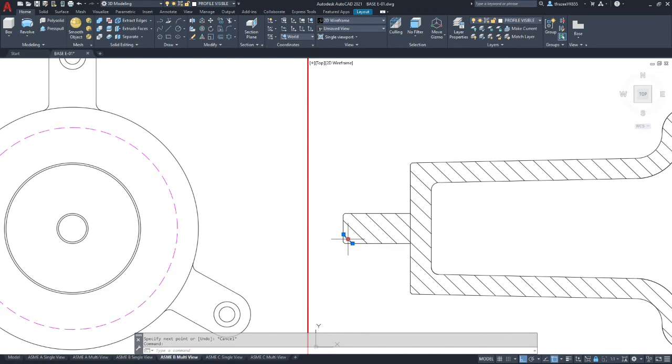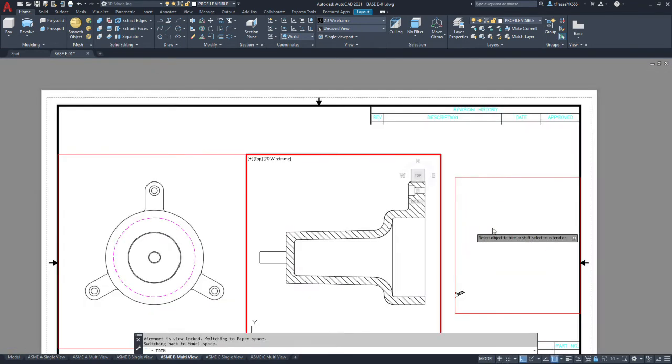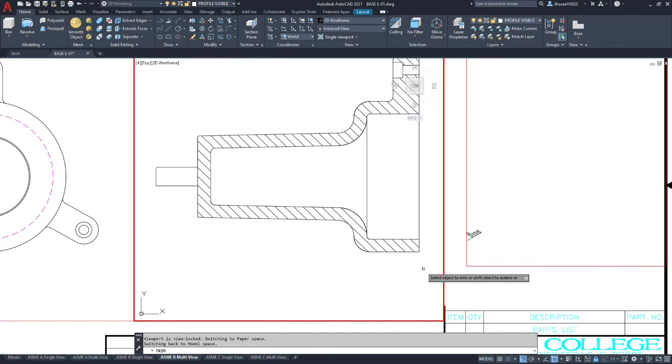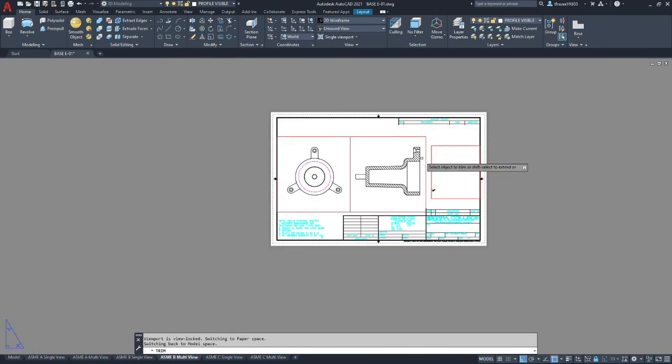And then we can delete the first 4 lines and trim back the other 2. And that's a convention for pieces that are on center line that are fastening type features.